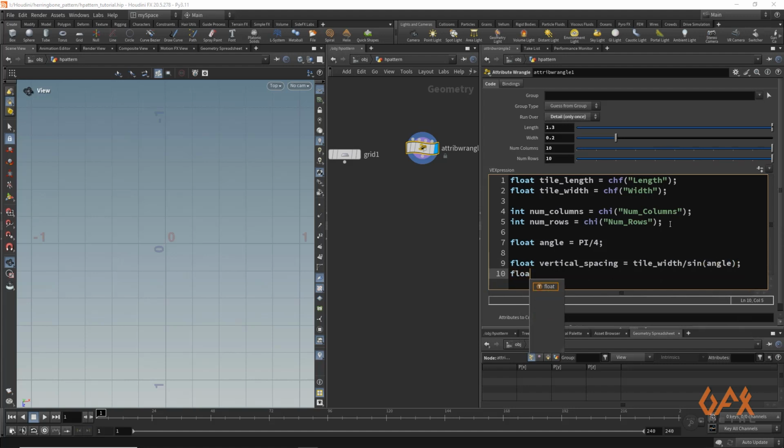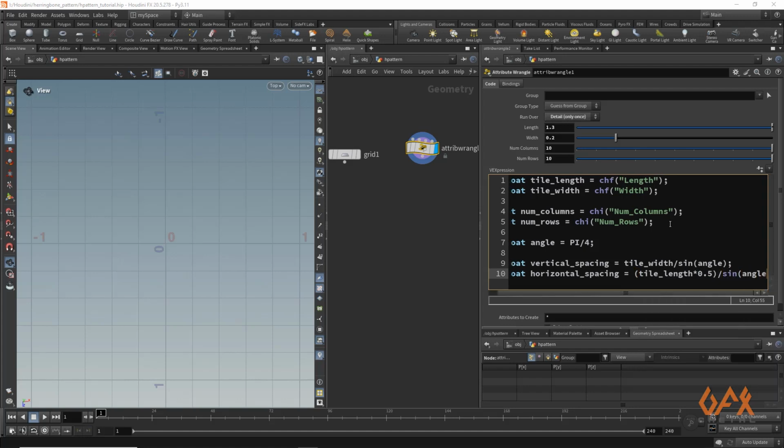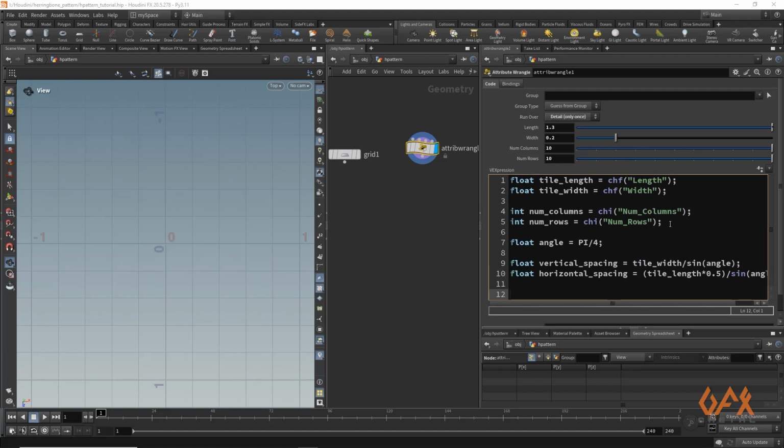In a similar manner we have float horizontal spacing is equal to your tile length, half of tile length, that should be multiplied with 0.5 and divided by sine angle. Okay, so I just calculated those parameters.